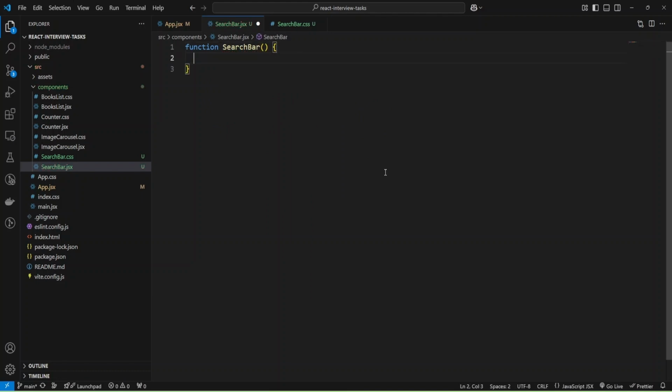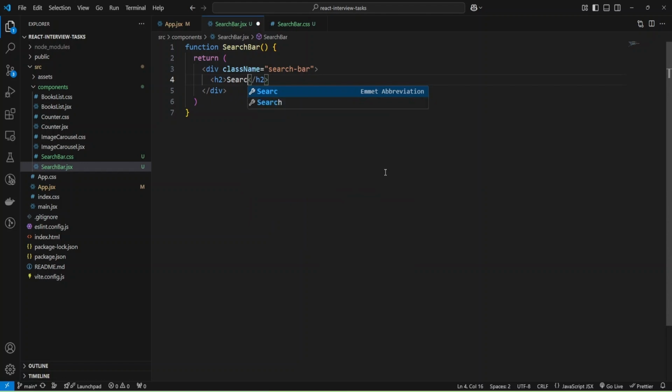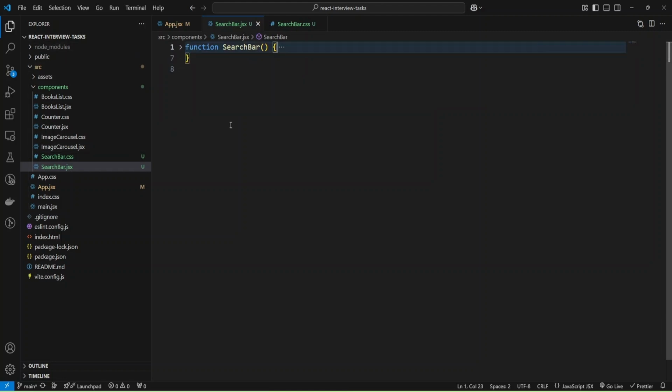And let me return some JSX. I'll create a div and add class name search-bar, and this div will be a container for our task. And now I can add h2 tag and provide search bar, and okay, now I can export my component,